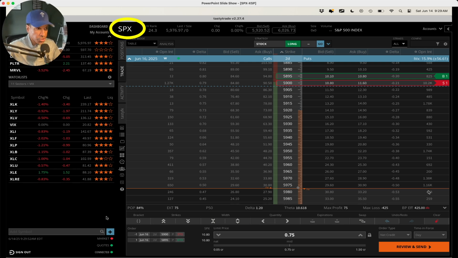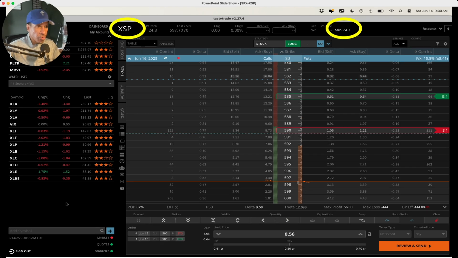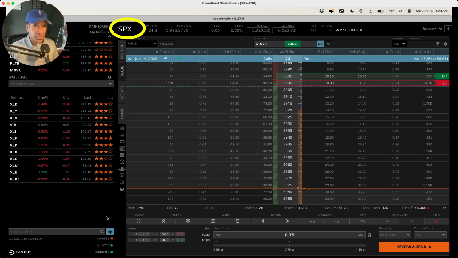Hopefully that makes sense. Now, of course, you're going to get a larger credit with the SPX, but so what? Again, so what? The main thing that you should be concerned with when you're looking to trade, your priority, is managing your risk, right? So you should always think risk first and profit second. And so the fact that the risk in the mini SPX is lower, in spite of the fact that you have a lower credit, is actually a better trade than trading the SPX,